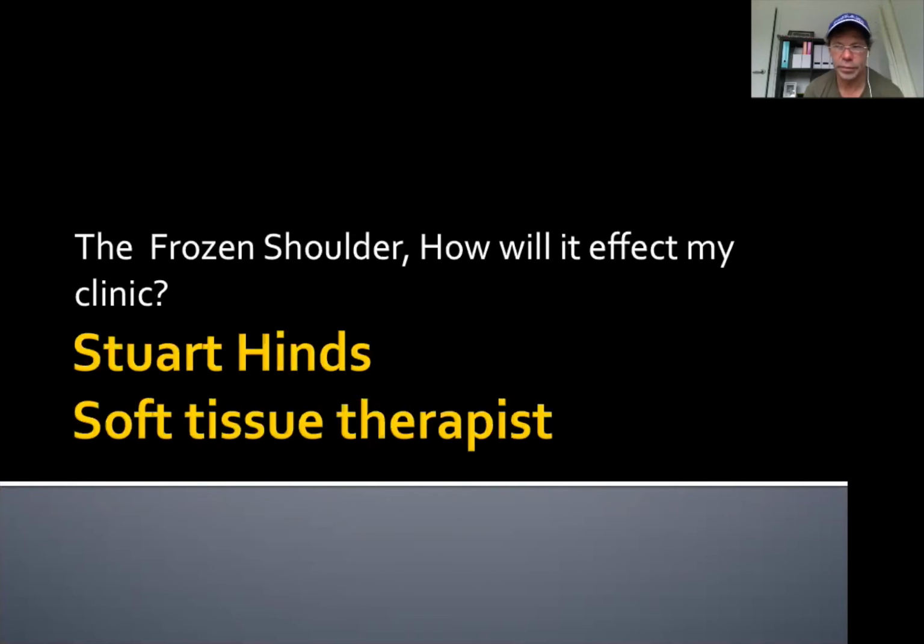I'll be lucky if I dedicate two days a week to treatment of frozen shoulder, obviously with the NAT technique. I've never advertised it, primarily out of fear of being completely and utterly inundated with it, because as much as I enjoy working with the frozen shoulder, I do enjoy working with other areas and other dysfunctions as well. So with that in mind, for those of you who have been struggling with working with the frozen shoulder,